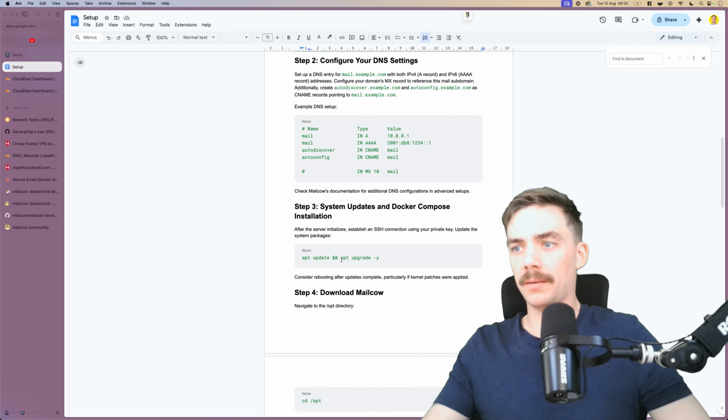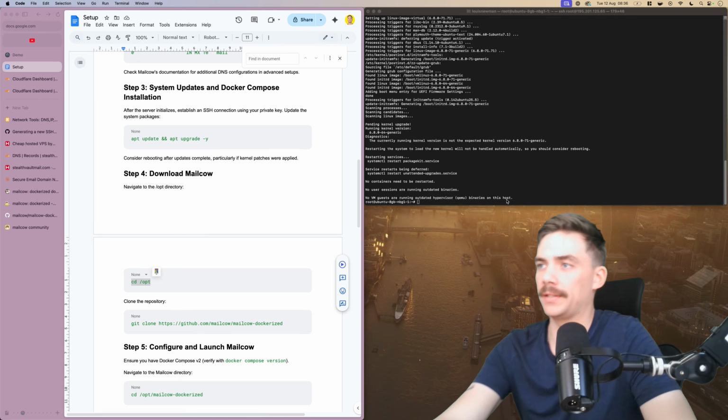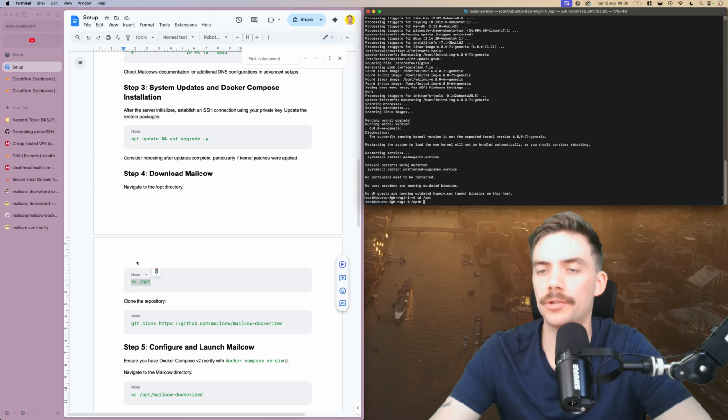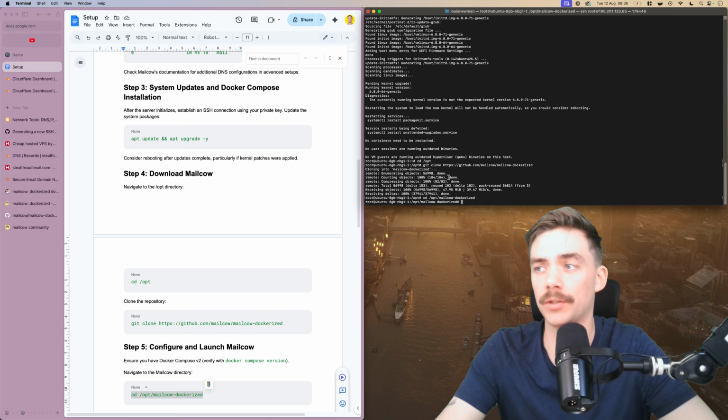In here, we're going to start by calling apt update and apt upgrade. Just realize you might not be able to see it with me in the way. Okay, hopefully you're now able to see everything. Once that's finished, we're going to change folder. So change directory to the OPT folder for options. We're then going to change folder into that